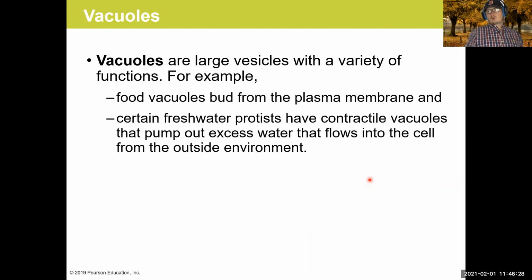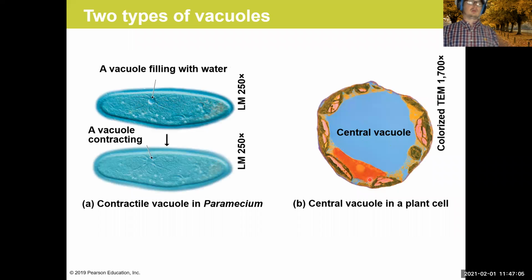Vacuoles are another organelle that exists, and vacuoles are basically these really large vesicles that have different functions depending on the organism they're found in. So for example, you can have food vacuoles that will come from the plasma membrane, like we showed in the previous slide. Then you also can have vacuoles that can help, say, freshwater protists move water in and out of their cells. And then also things like a central vacuole in a plant helps to maintain the cell volume